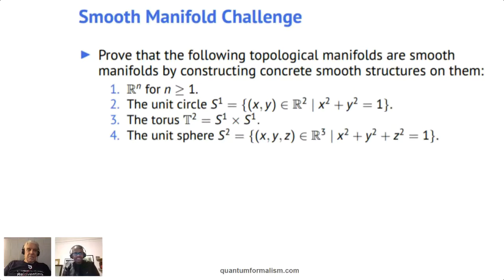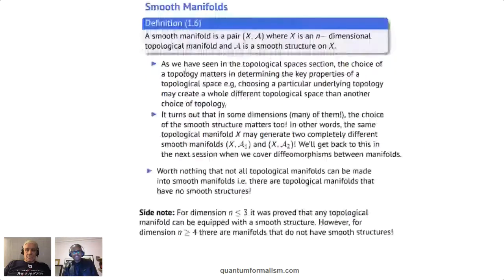Okay, so here's the challenge. This challenge is really, well, it's not simple because you still have to do a lot of work. So it's to prove. The good thing is you already know that these are smooth manifolds. So all you have to do is to actually prove it by constructing smooth structures on them. Okay, so for Rn, for instance, the hint is to look at the stuff on maximal atlases and this type of stuff, how you detect,